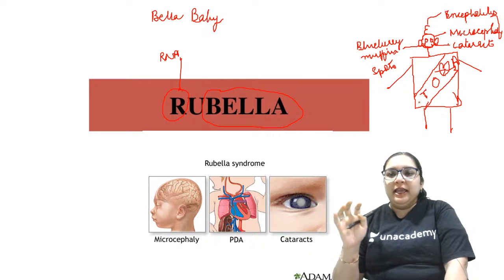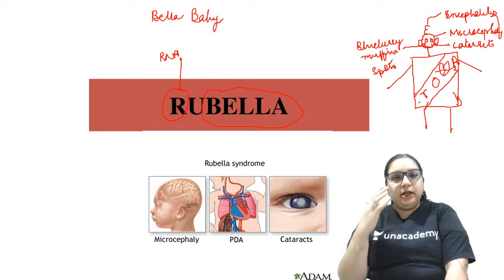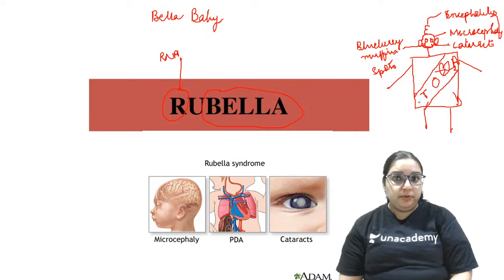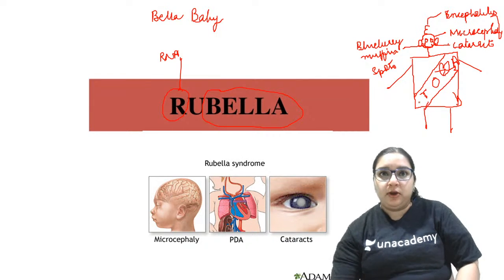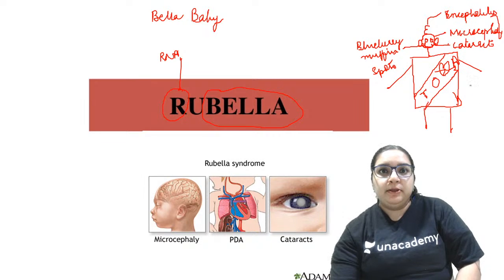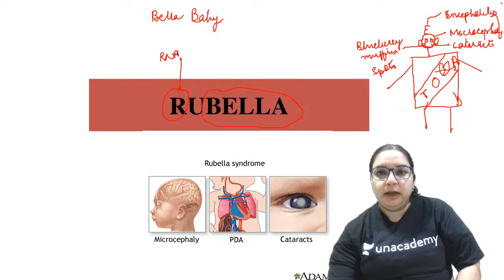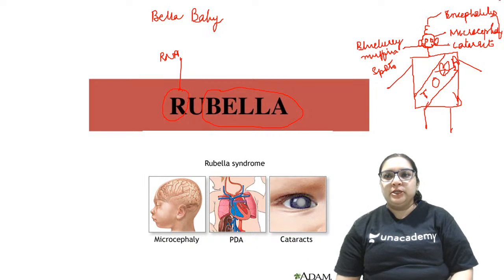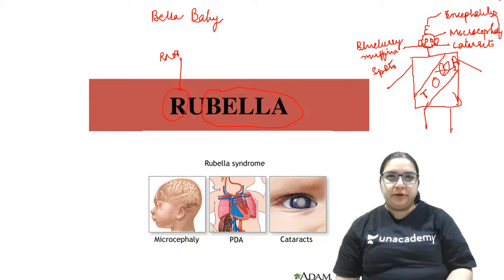So these are all the basic information that you can remember as far as rubella is concerned. You see, in a simple image we have actually covered almost 70% of the conditions that we see in rubella. We saw that it's an RNA virus. Then we derived Bella baby from rubella. The Bella baby is a beautiful girl who has got a small head and a proportionately large body, so there is microcephaly.